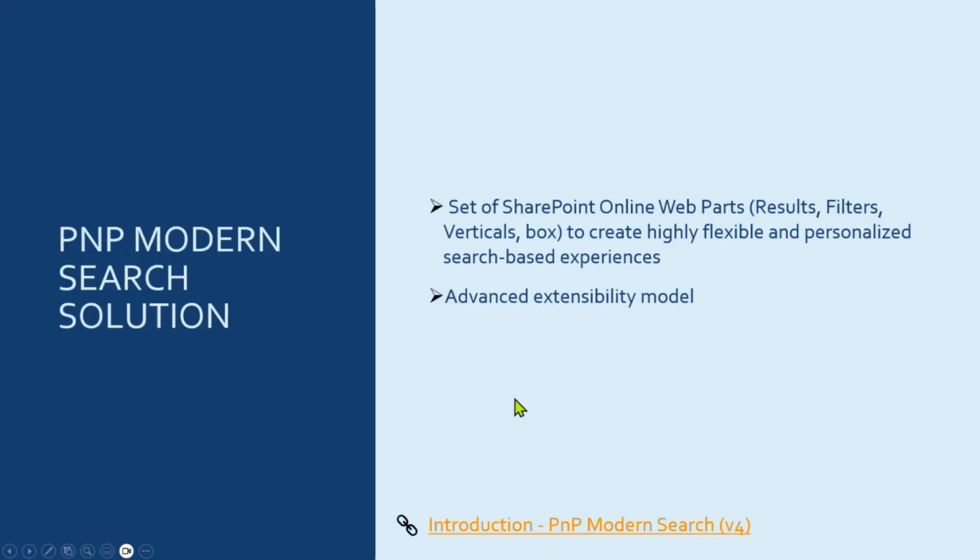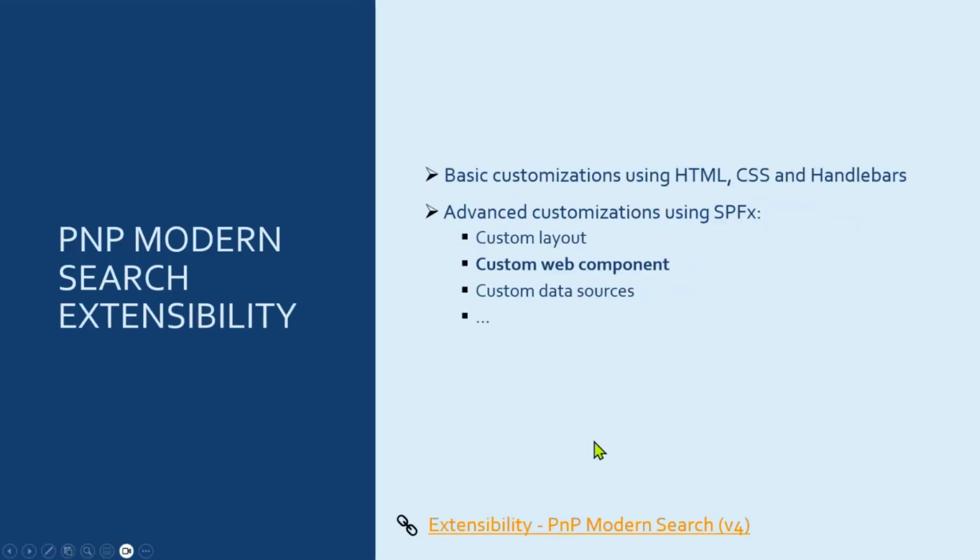First, a quick reminder of what the PnP Modern Search solution is. It's a set of SharePoint Online web parts that you can use to create highly flexible and personalized search-based experiences. Each web part has a lot of parameters that you can set to fit your needs. But what's even more interesting is that you can also create more advanced features using customizations.